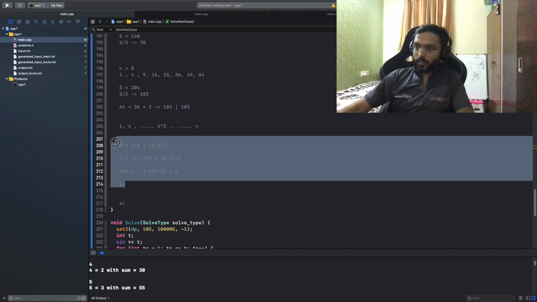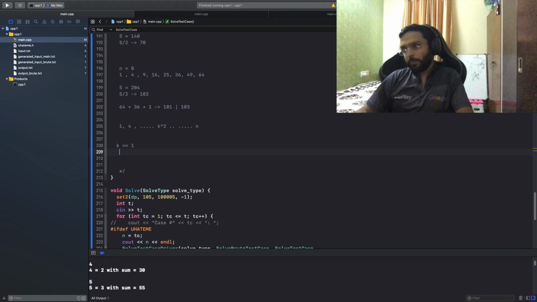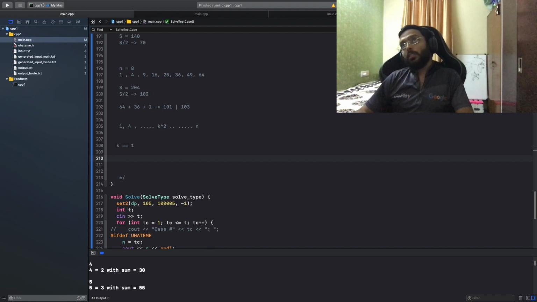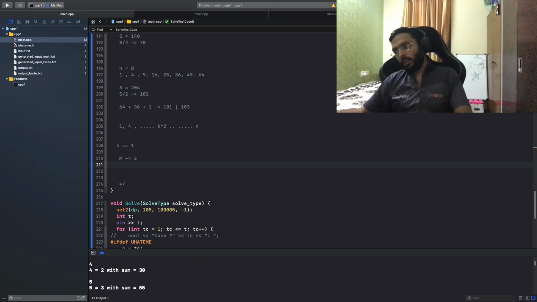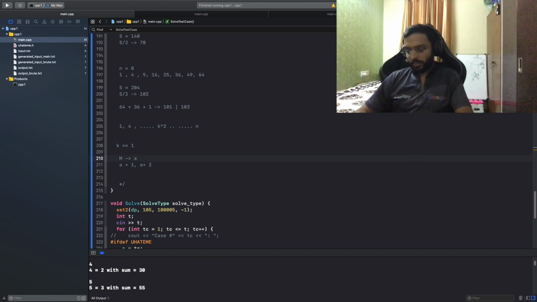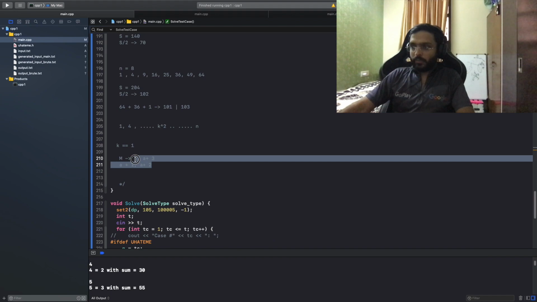Okay, let's see this. So for k equal to 1, what I can do is difference between two consecutive terms is just 1, right? So let's say if I give myself the heap a and I give my friend the heap a plus 1, then I give my friend the heap of a plus 2, then I give myself a heap of a plus 3, then the total sum will be same. So like four, after every four, right? Hmm.